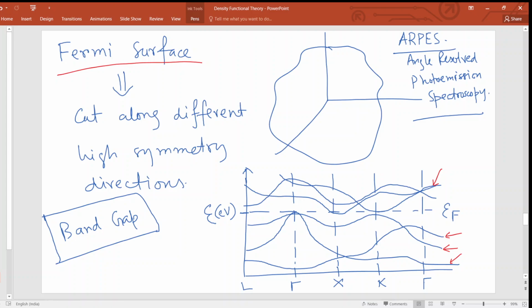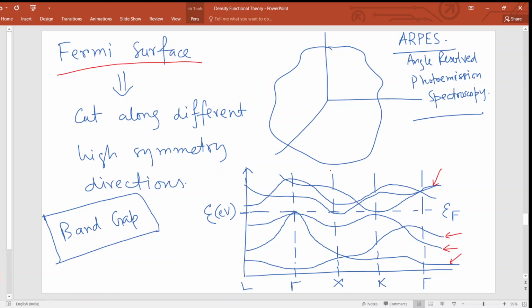Now the question comes: okay, you are saying that I can estimate the band structure, but what advantage does it give me? What do I do by knowing the band structure? Of course, as I said, you can calculate various properties like band gap, carrier effective mass, mobility, Fermi energy level, various quantities.